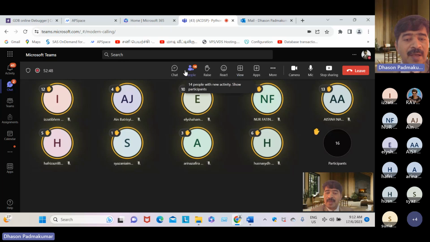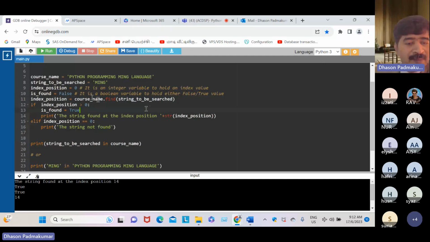Okay, now, dear students, all of you, please look here. Look at the program. So, course name dot find. It is a small function, right? It helps in searching for a string inside this string. Course name is a string, so with dot find we are searching it. If this string is found in here, it will return 0 or above.